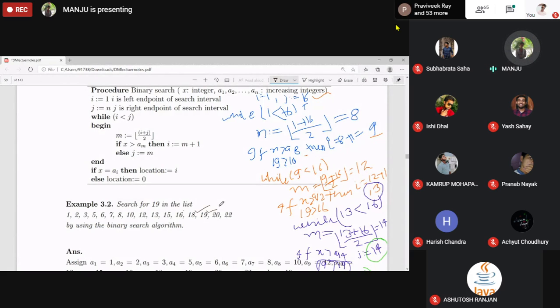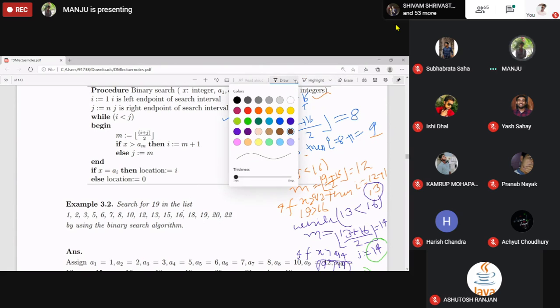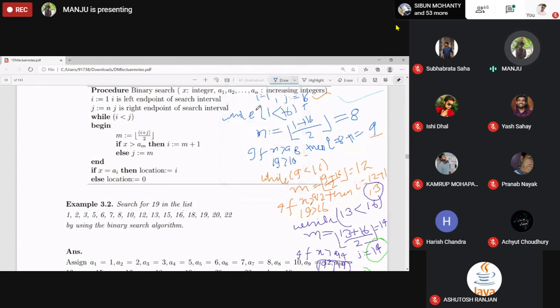In binary search, the list gets halved at each step, right? Initially, how many elements were there? The number of elements of the search interval is 16, right?